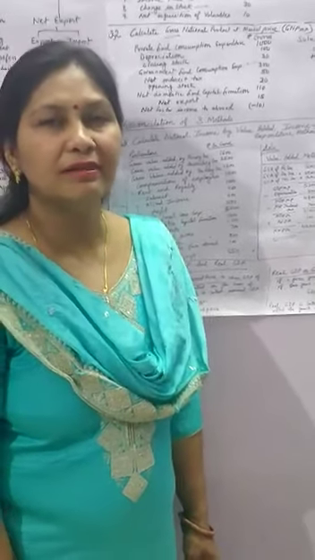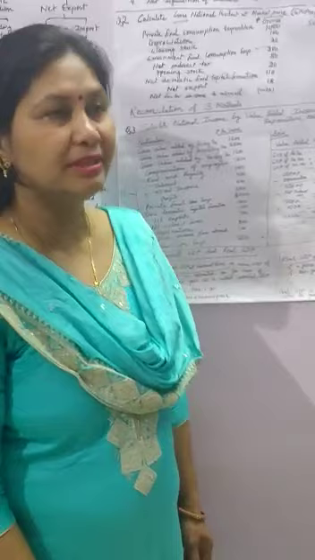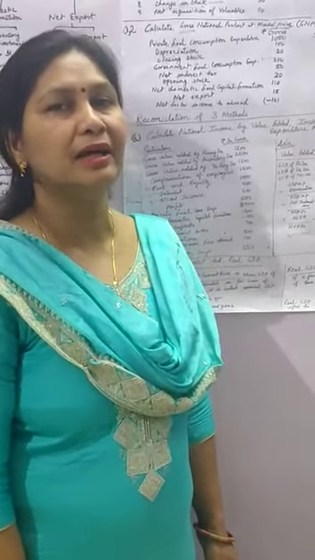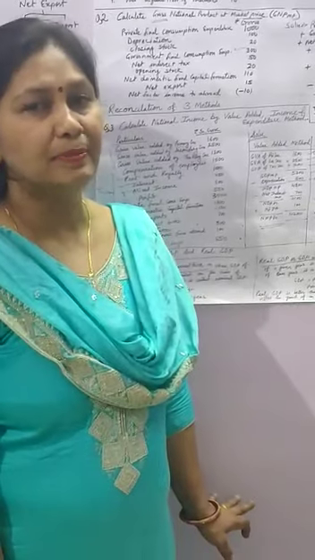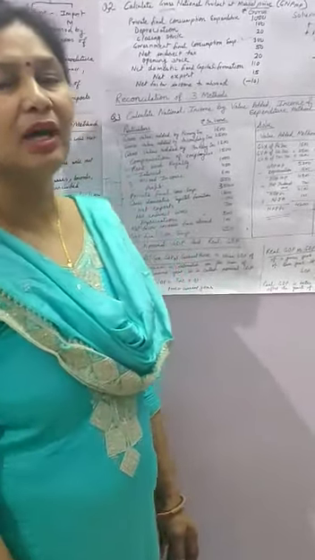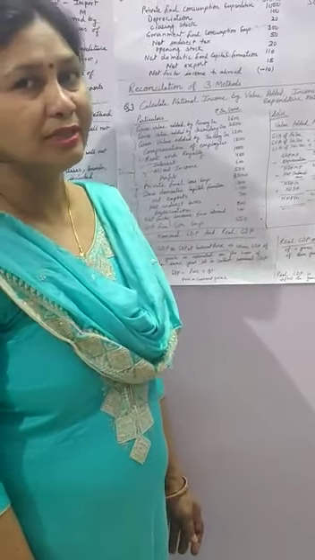Students, I hope that you have understood how to calculate the national income by all the three methods that I previously explained: value added method, income method, and today I have explained the expenditure method. So if it is asked in the exam that you have to calculate national income by all the three methods, how can you calculate?